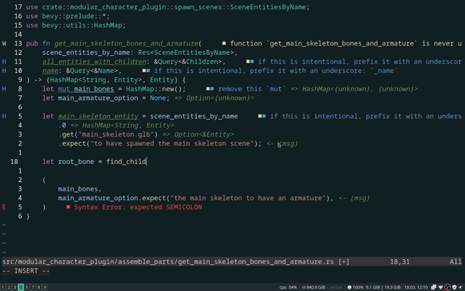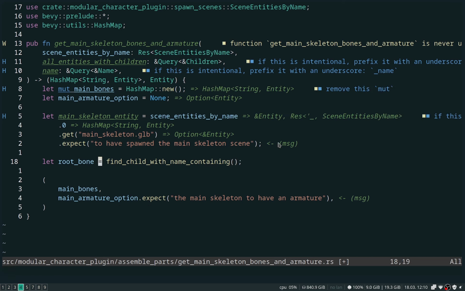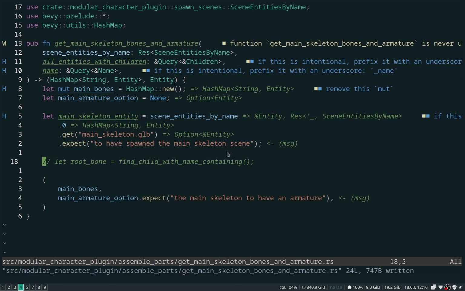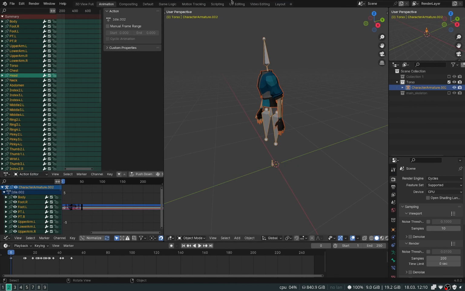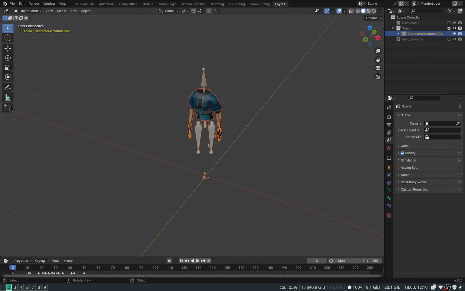Find child with name containing. So we want to find the child of this scene that is called root. The reason is, if we look over in the layout tab for Blender, this bone down here, actually let me switch into edit mode. This bone down at the bottom is called root. And you can see over here in the top right